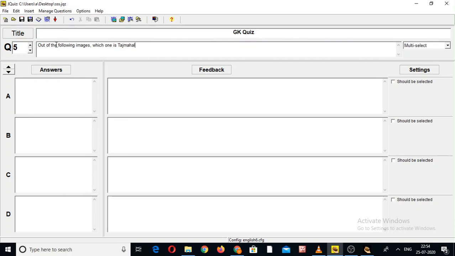So I think this JQuiz is relevant to primary teachers also. In standard first, second, or third, teachers give tasks to the students related to image identification and so on. So how to insert it? Very simple. I write down my question.